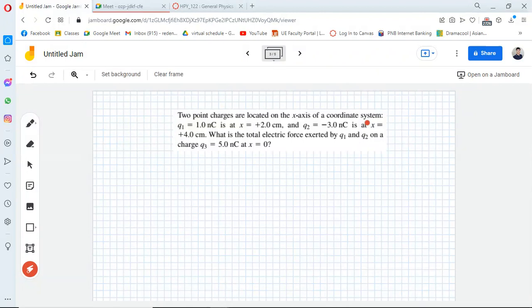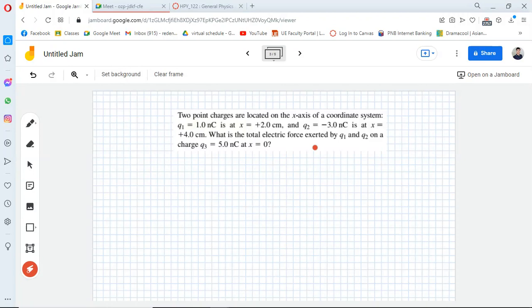So, ang ordered pair natin dito is 2 cm and 0 cm. Okay? Because it is being specified here that the charges are located in the x-axis. Not in a two-dimensional plane. While Q2 is a negative 1, na nasa 4 centimeter naman siya. What is the total electric force